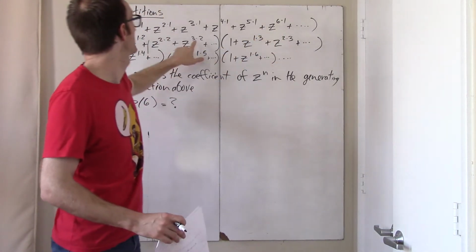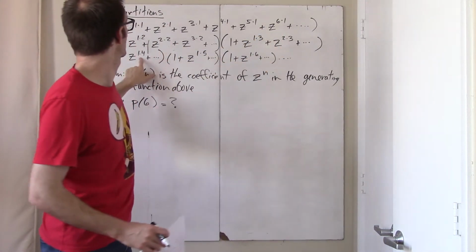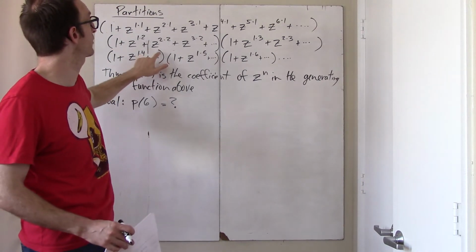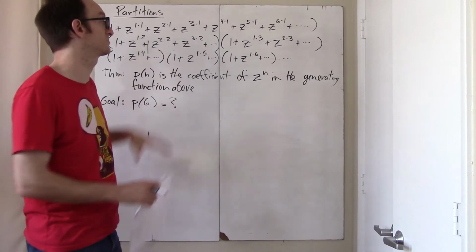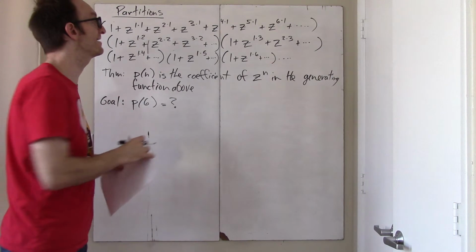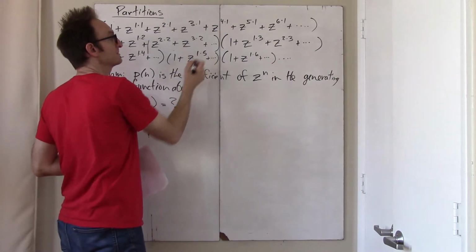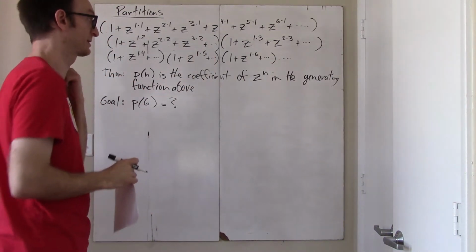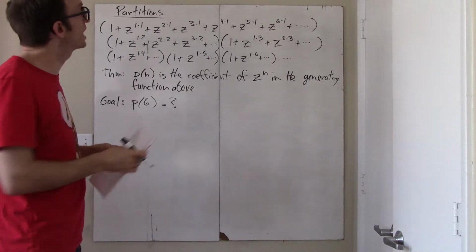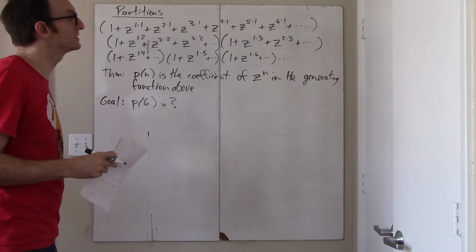So 6, 6, 6. I stop here because the next one would be 2 times 4, which is 8, and that's bigger than could possibly be useful. And here I stop at 1 times 5, because the next one would be z to the 2 times 5, which is 10, and that can't possibly be useful either. Okay, so now we're just going to multiply all these things out. I'm only going to do the ones, however,